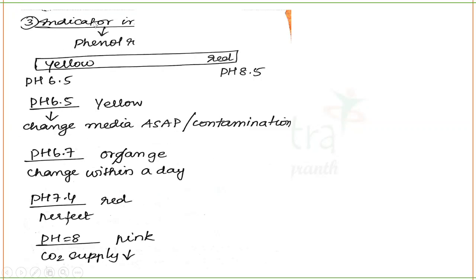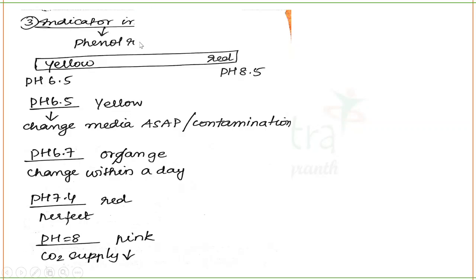Next is the indicator. You will definitely use an indicator in the media so that you will know what is going on, because these are cells. You can see them only through the microscope, and you have to know if they are growing or not and what is happening with them. Every time you cannot use the microscope, so for your naked eyes and simple indications, you should know. For that you are going to use an indicator in the media, and that is called